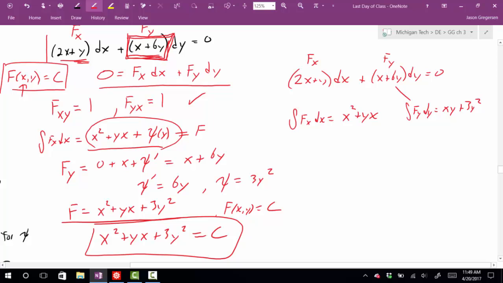We can't just combine them. They both have the same term, and we can only use that once. But we really can then write this as that thing equals constant. Okay? That seems much easier, right? Why don't we just do that every time? Well, the reason is because that is more useful and more quicker for solving this